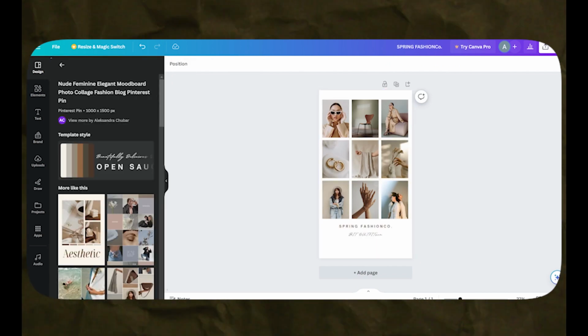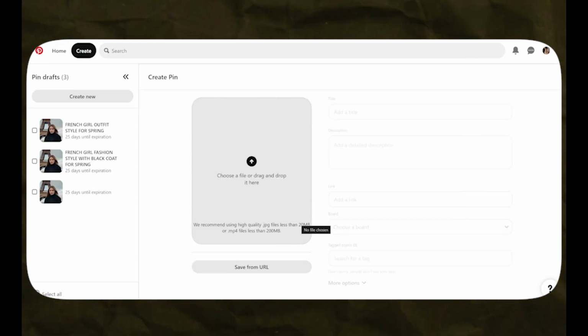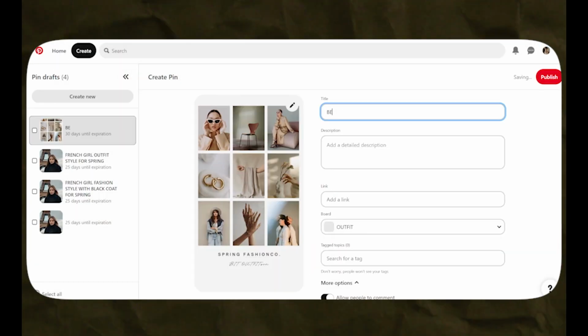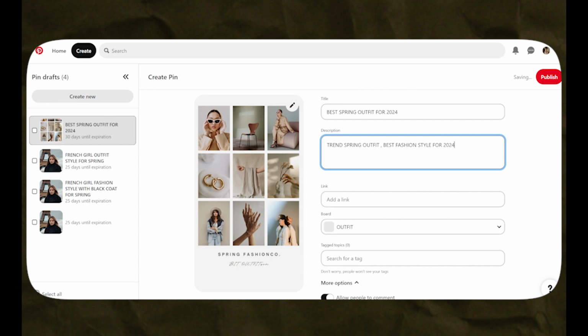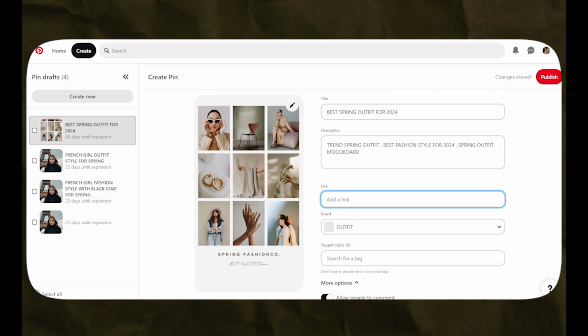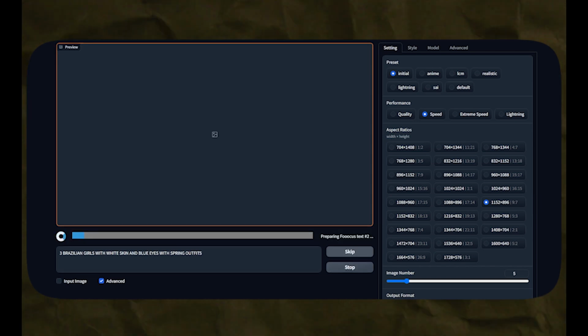Go to Pinterest. Click on Create a Pin, add a title and description. Try your best to write the best title and description to get views from Google search and Pinterest search. You can use AI. It will help you to generate better title and description. In destination link, add your affiliate link. Upload at least 2 to 5 pins per day. In this strategy, you will upload about 13 pins per week, which helps you to grow as fast as possible